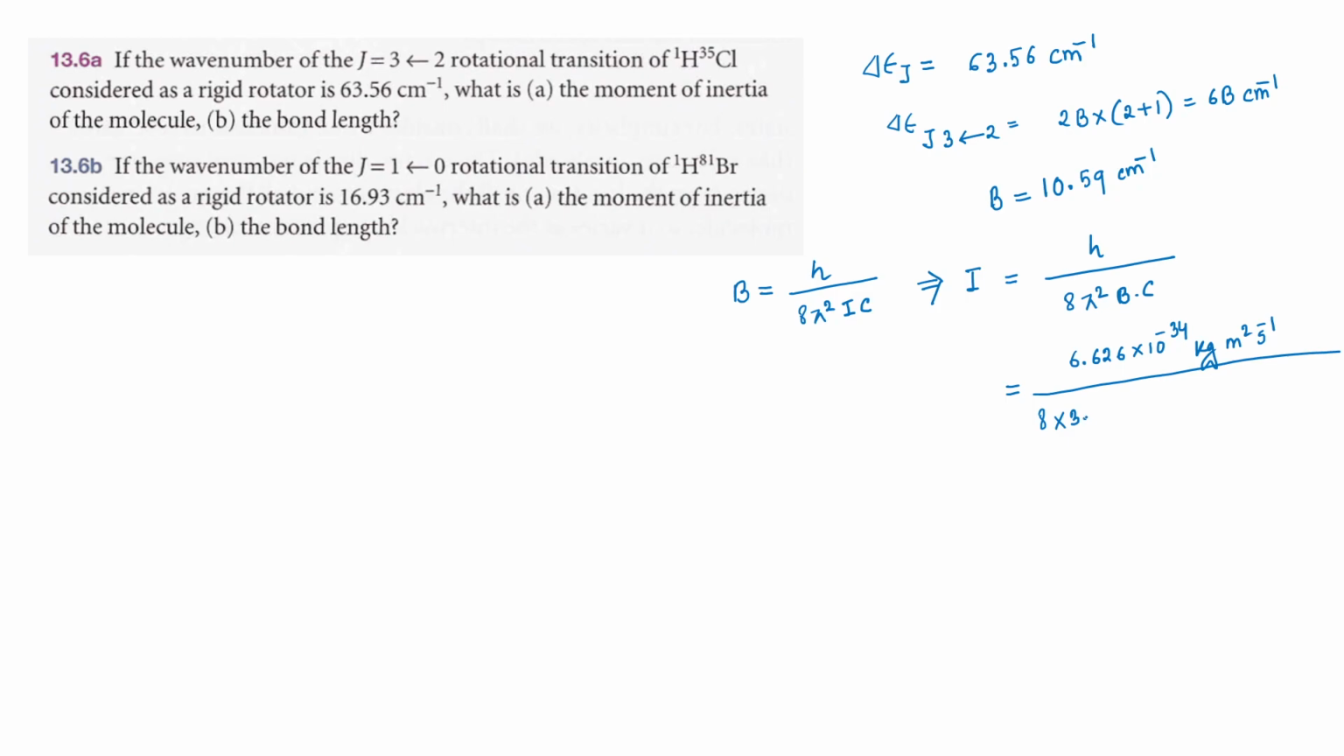8 into 3.14 square into B value, what you got, 10.59 centimeter inverse. So velocity will write also in centimeter, 8 centimeter second inverse, which ultimately I'll write it here. So we'll cut these things, right? So we have kg meter square as the unit and centimeter cut here. So we get the moment